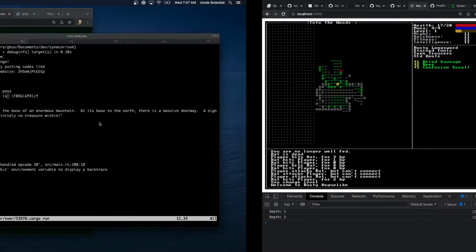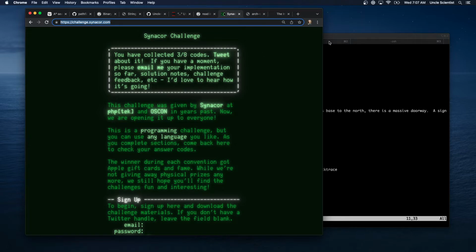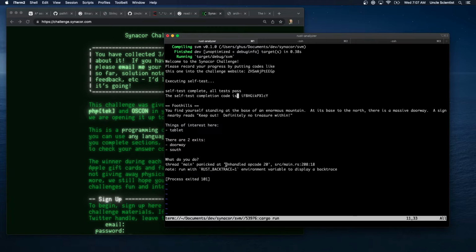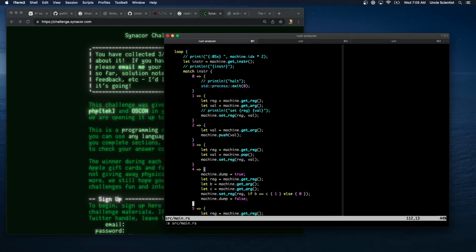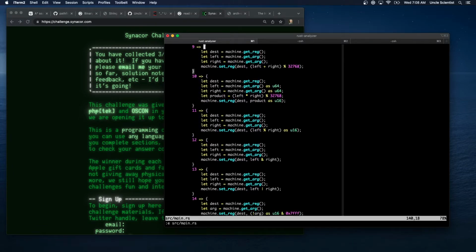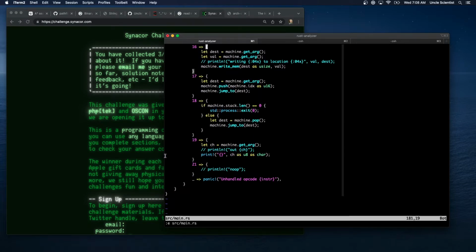Okay, let's talk about where we were. We had just finished the third code. We have 3 of 8 codes. I'm not going to tweet about it, but I will start working on the next unhandled opcode, which is probably the last one. What's left to do? We have 0, 1, 2, 3, 4, 5, 6, 7, 8, 9, 10, 11, 12, 13, 14, 15, 16, 17, 18, 19, and 21. So yes, the last one to do is number 20, which if we look at the spec,